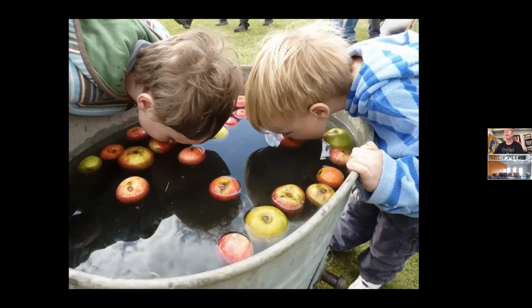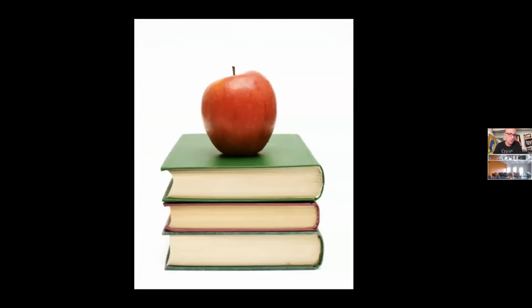But apples also have a very symbolic quality to them that invokes certain experiences. So for example, bobbing for apples. I don't know if all of you have ever done that before, but it harkens back to childhood, and the games that we play in our childhood, more specifically as it's connected to the apple here. The apple also resonates symbolically as well. So the apple, of course, is connected to the notion of